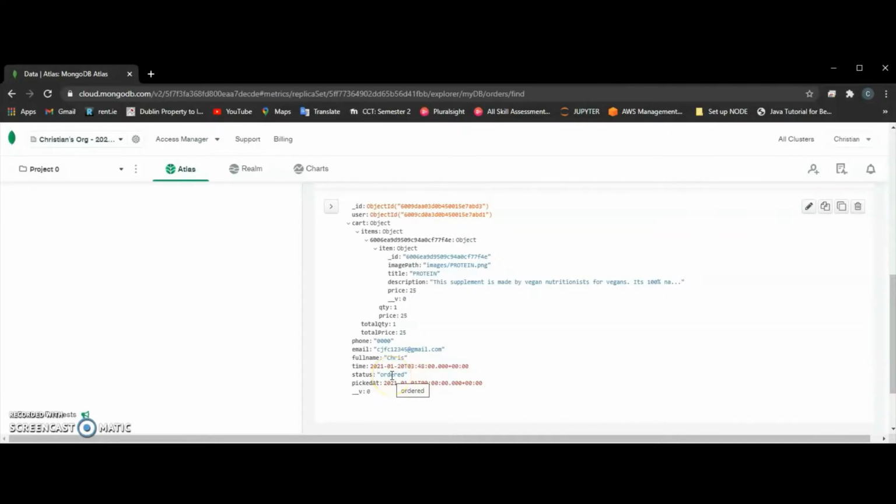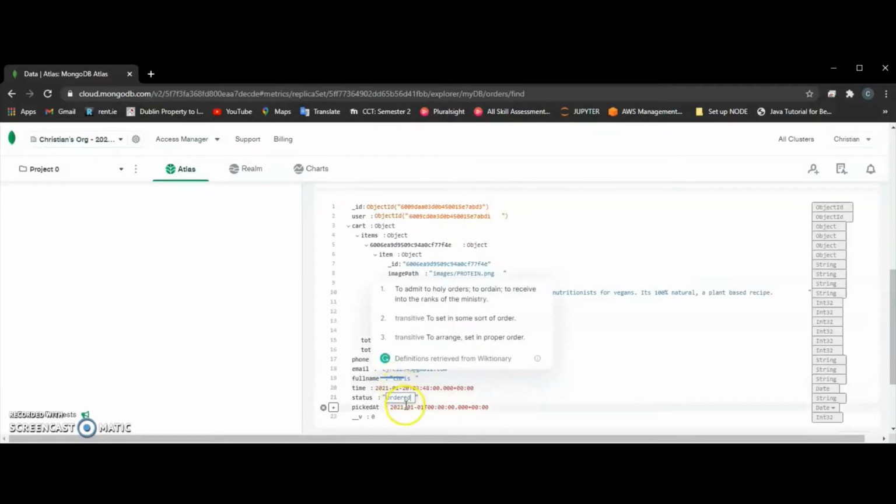The status is set automatically when the checkout form is submitted, so the admin can manage this option by setting the time when the order is picked and setting the status to item already picked. Now we're gonna make an example of how it works. We're just gonna change this item to item already picked,